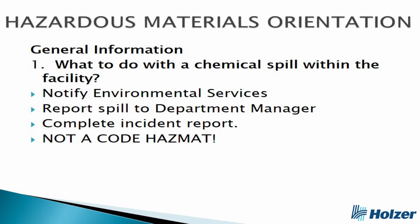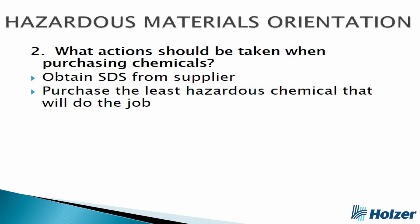Some general information about spills within our building. Notify environmental services very quickly if you have a spill, and we'll come up with cleanup kits and basically get that situation contained as quick as possible and get it cleaned up. This is not a code hazmat. When purchasing chemicals, make sure you talk to the manager if they're purchasing something that's above what they need to